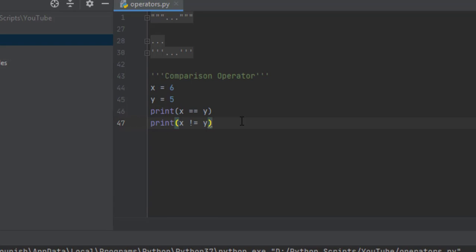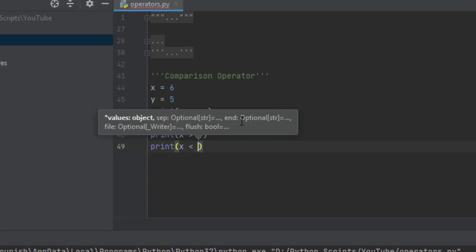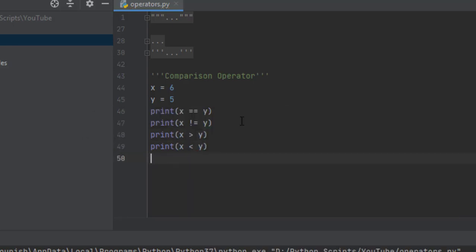And what are all the other comparison operators we have? We have greater than. Is x greater than y? This is one operator. And if we have greater, we will obviously have lesser also, or smaller, I can tell you. What if it is less than or equal to?